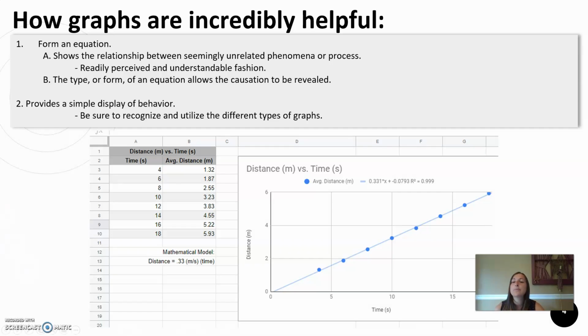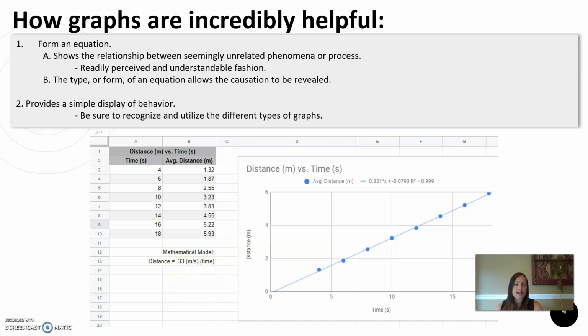Another example is this one right here. We looked at distance versus time with a constant velocity buggy car. The kids didn't know that it was a constant velocity car before they did this. Now, they hypothesized when they saw it moving, but they didn't know for certain that it was constant velocity. Knowing that, and because we got that linear trend and we know that the slope is going to be the same regardless, tells us, hey, this is a constant velocity, and that constant velocity of that specific buggy car was